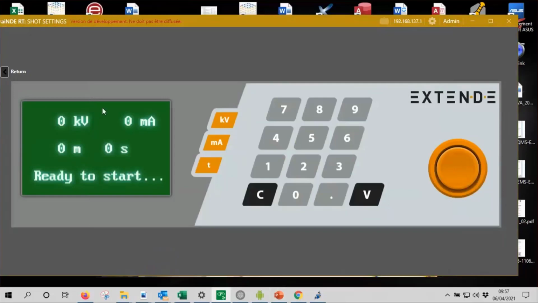And so here, from the X-ray chart, exposure time, we can select a source of 180 kilovolt with, for example, 8 milliampere and 1 minute.